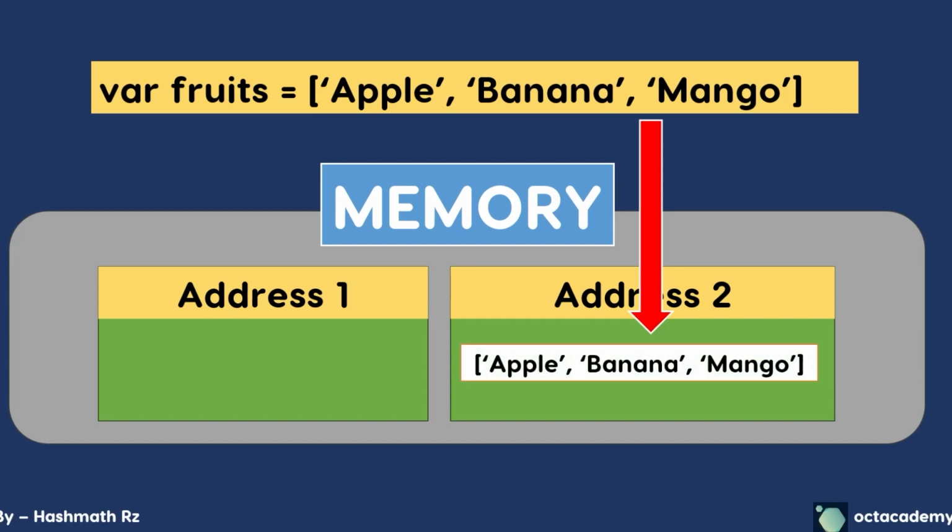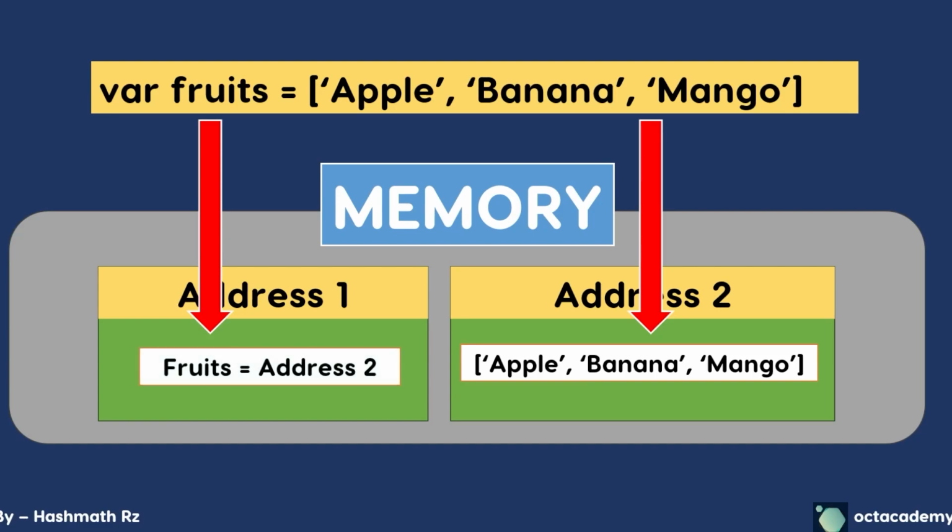So this variable will be saved inside of another memory block and assign this array value block's reference number to this variable. So remember guys, inside the memory, every allocated memory block has its own unique reference number. Using that reference number, we can access the data inside that memory block. So guys, in this case, this reference type data can be modified at any time, anywhere inside our application